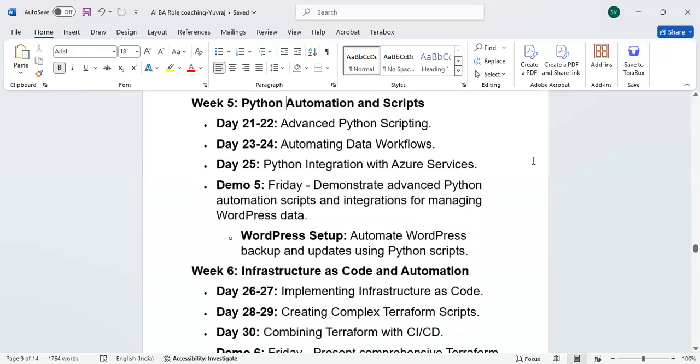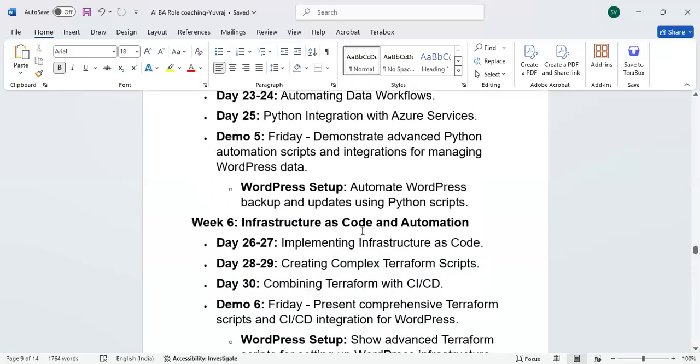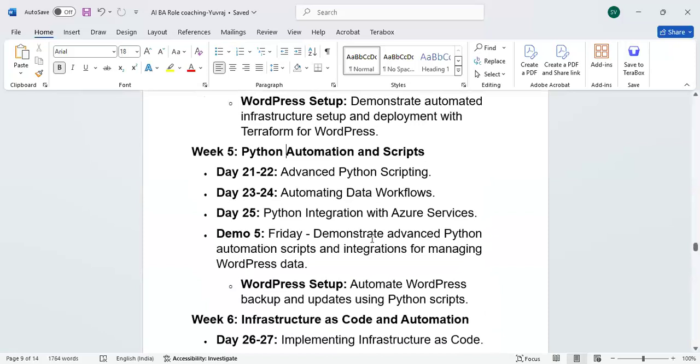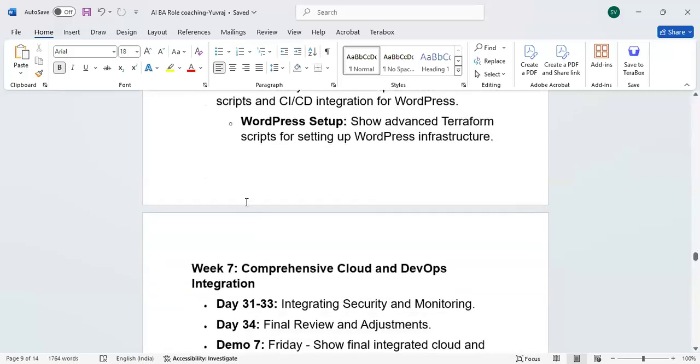Then later on, you're going to do IaC code, infrastructure as code automation, basically with Terraform also. Terraform is one of the popular tools across cloud services for automation of cloud infrastructure and DevOps activities. So in this module, in phase 1 and phase 2, you're learning basic cloud services, and also you are working with automation with Python and Terraform. It means you will have control on writing Terraform scripts and Python scripts for cloud setup.